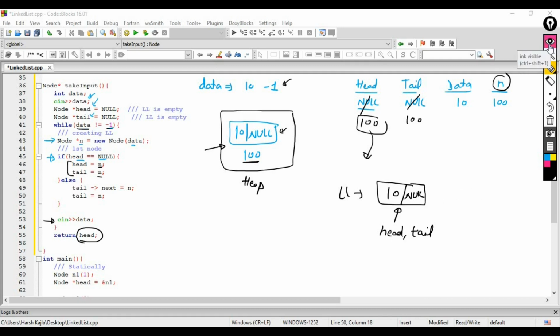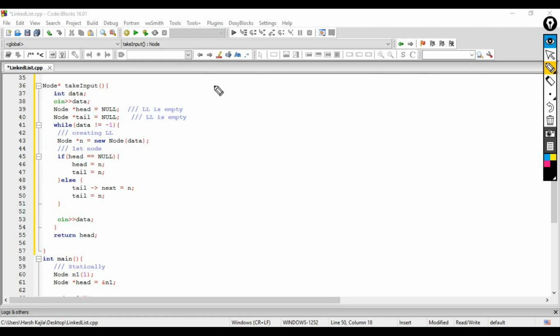Okay. Now in the second part, let's say this time my data is different. So let's say the data is, let's say 10, then 12, let's say 40, and let's say -1. So if this is the data, this is my head, this is my tail pointer, this is data, and this is n.